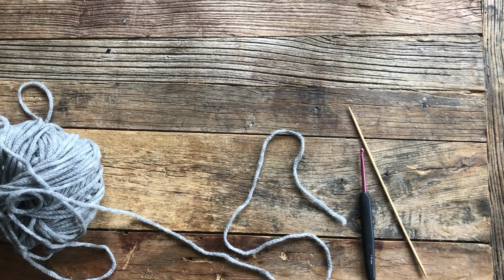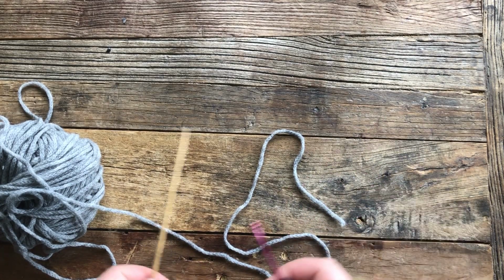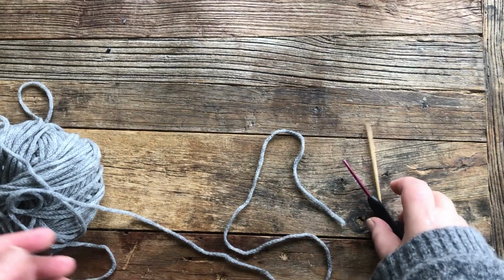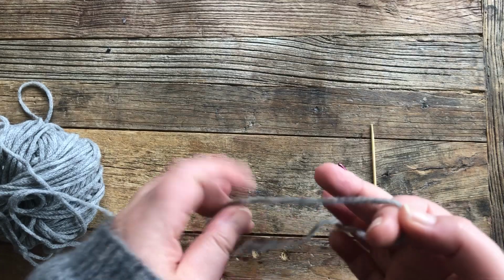Hello, today I'm going to show you another way to cast on, and this time you are going to use a knitting needle and a crochet needle. What you first do is find your yarn and make a slipping knot,